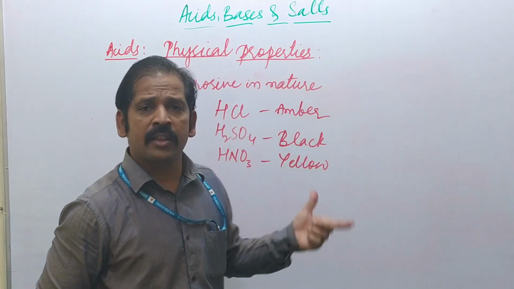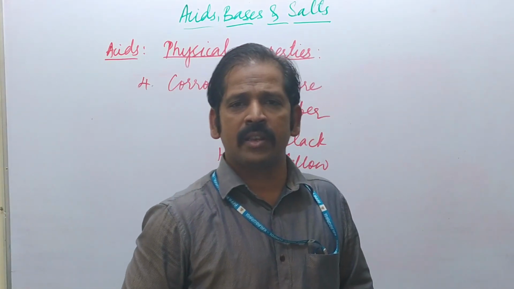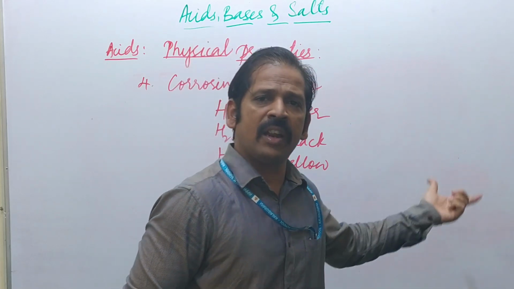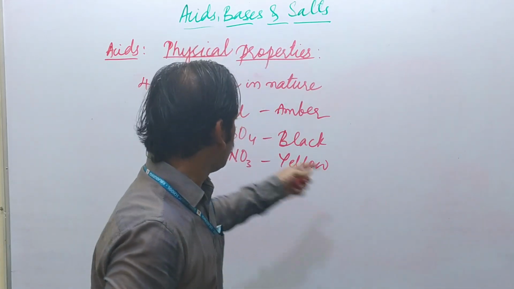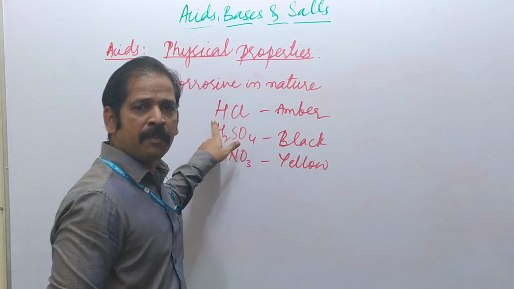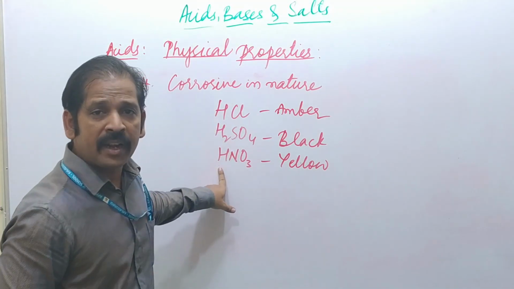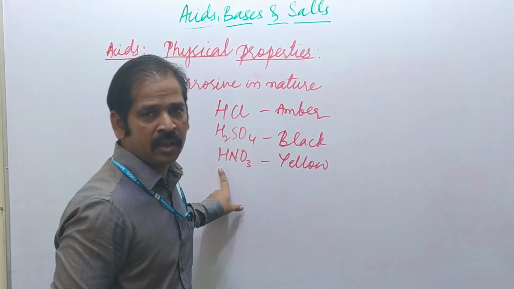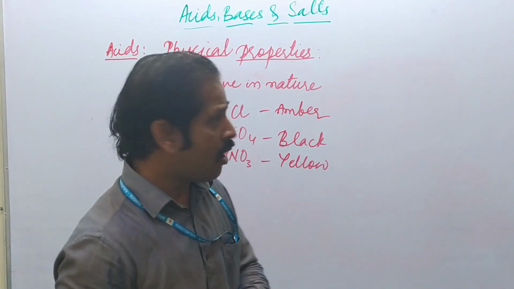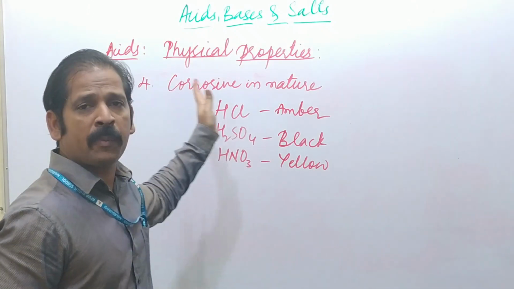Yes, these are the three acids which are very, very dangerous, and when they fall on the body, the color of the skin will be changed. HCl, hydrochloric acid, umber color; sulfuric acid, black color; and the last one, nitric acid, yellowish color. The last physical property is